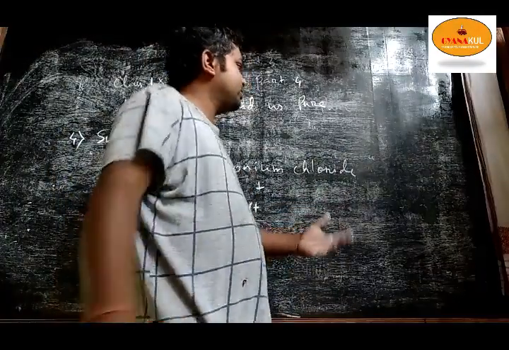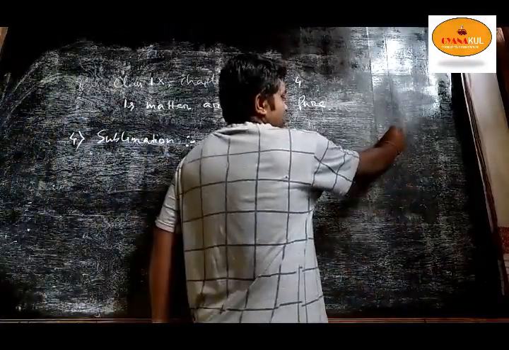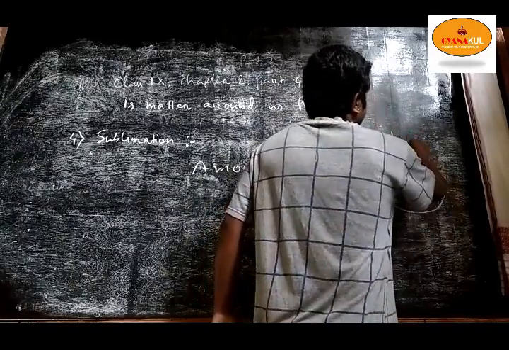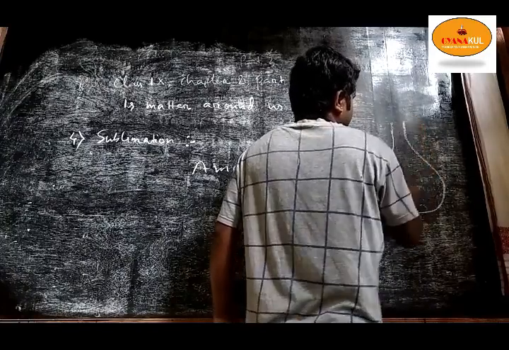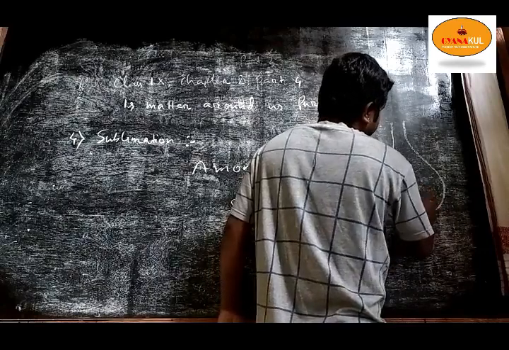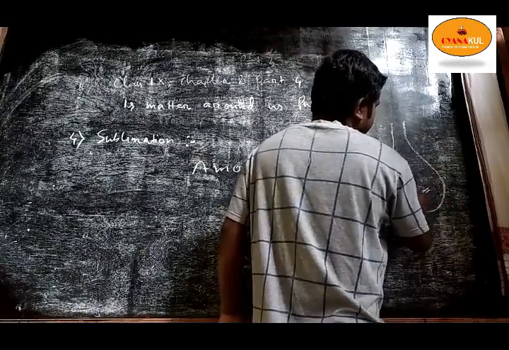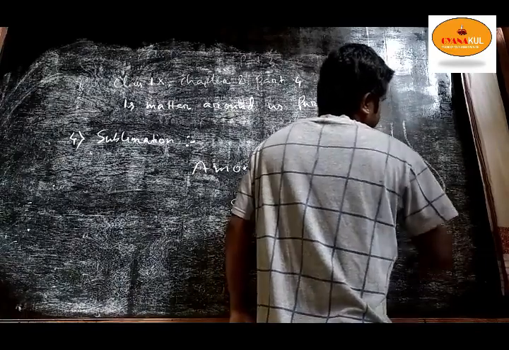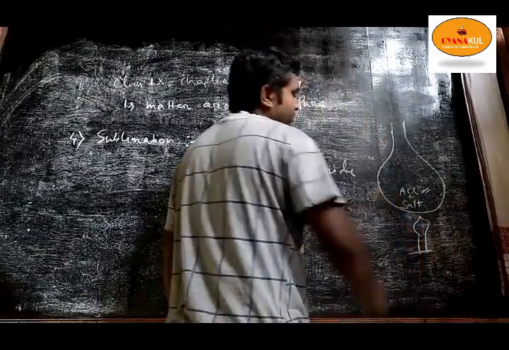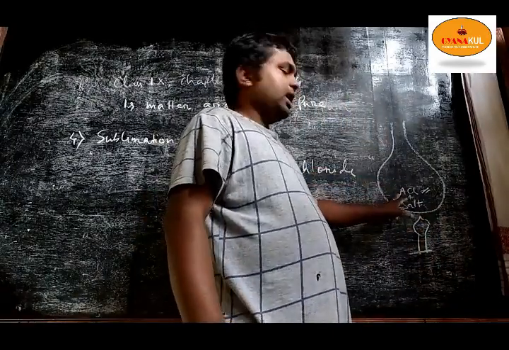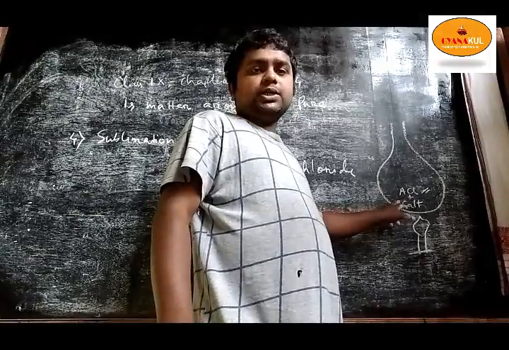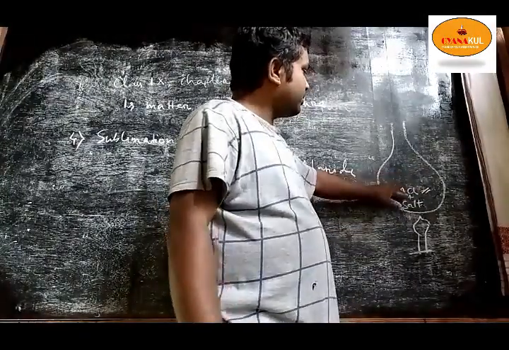How is it possible? You see nicely. In this beaker the mixture is taken. That means ammonium chloride, and I have written it in abbreviation, and salt mixture is taken. Then it is heated. When I give heat, among these two, ammonium chloride is volatile. Volatile means it will evaporate soon, and salt needs more temperature to evaporate. Understand? So that's why ammonium chloride will evaporate.